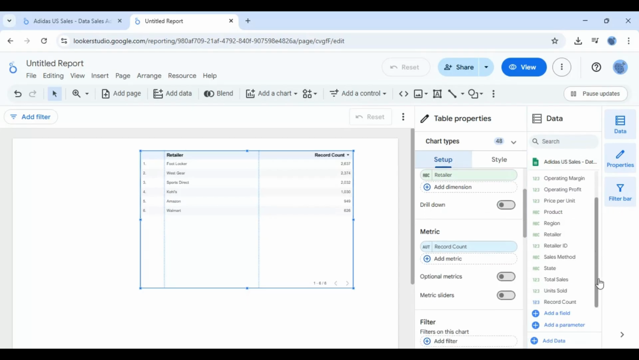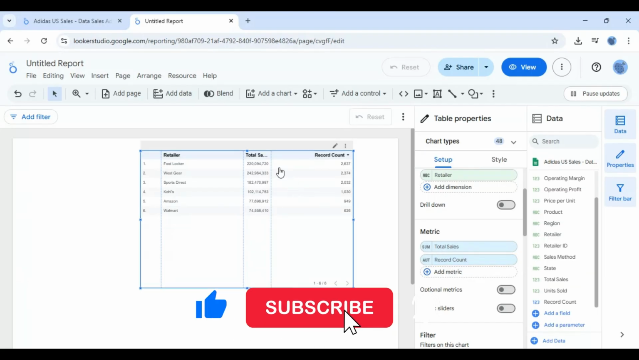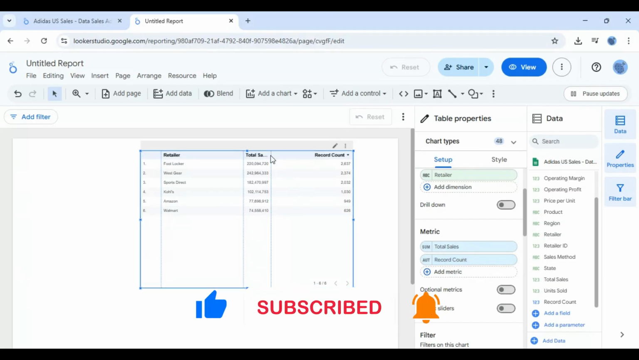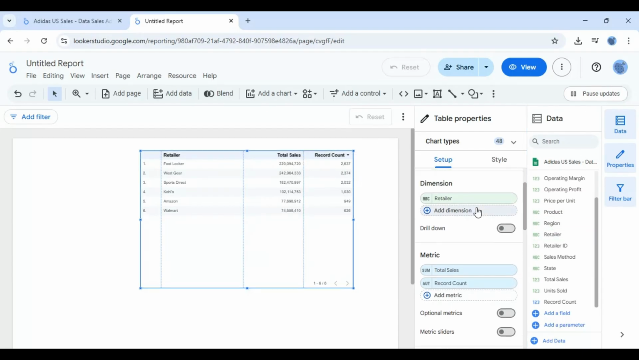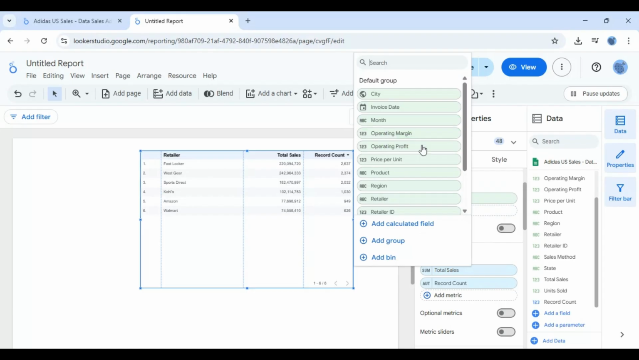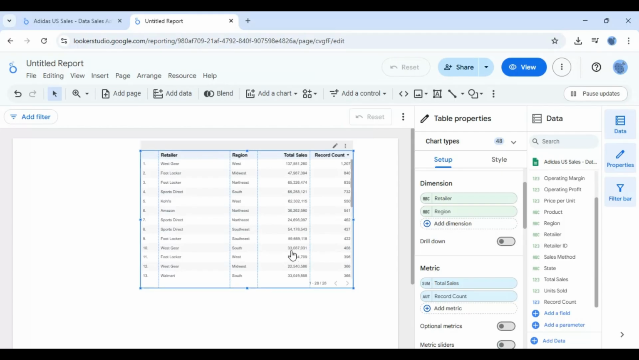If I want to add other metrics, I can add the total sales here, and I can arrange them. If you want to add another dimension, you can go ahead and add it here, like region or product. So region-wise and retailer-wise sales and record count are going to be drilled down. And if you want to enlarge it,